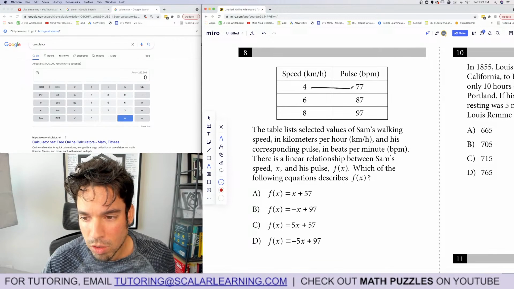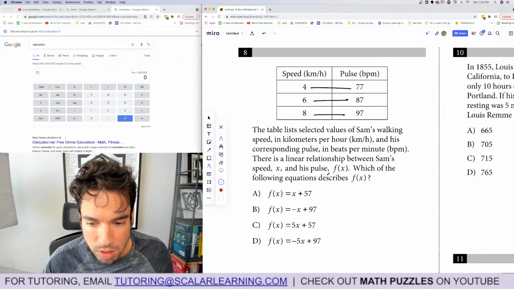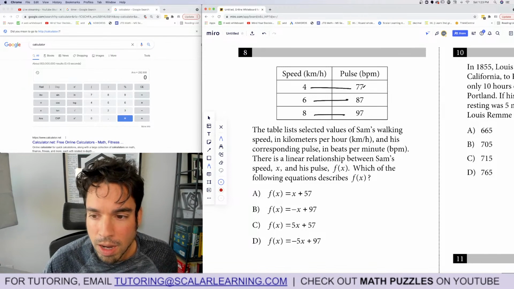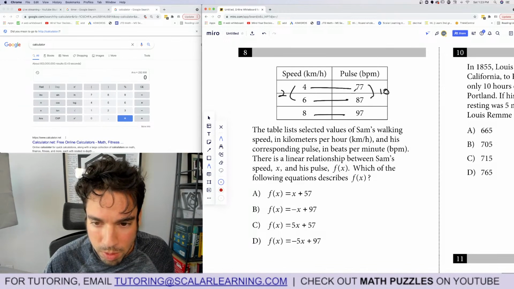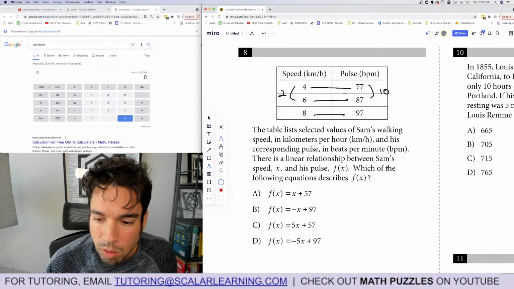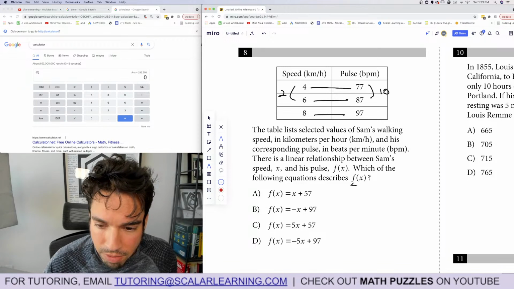Oh, okay, got it. So when he's on there, that's the beats, that's the beats, that's the beats. Good. There's a linear relationship. Aha. So every time this goes up by 2, this goes up by 10. Yes. So the slope is 10 over 2, a.k.a. 5. Which of the following equations describes f of x, and